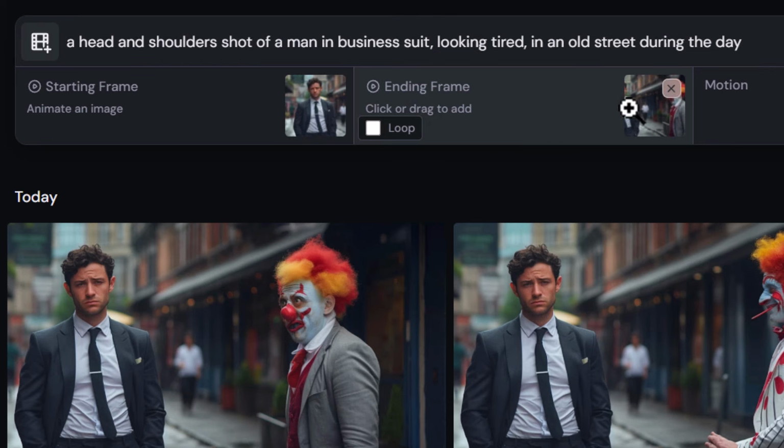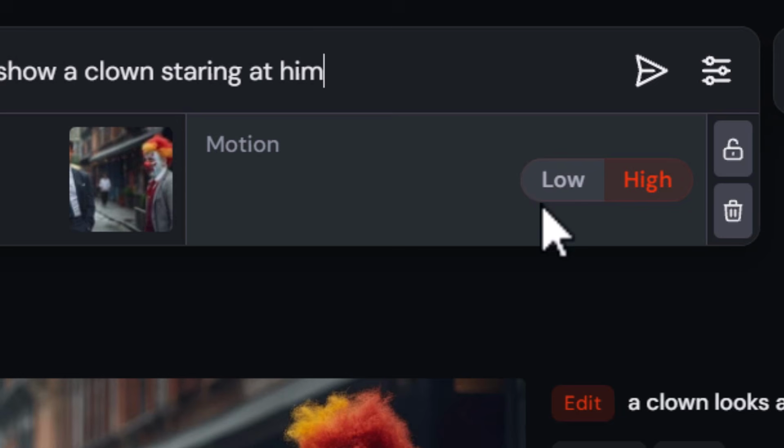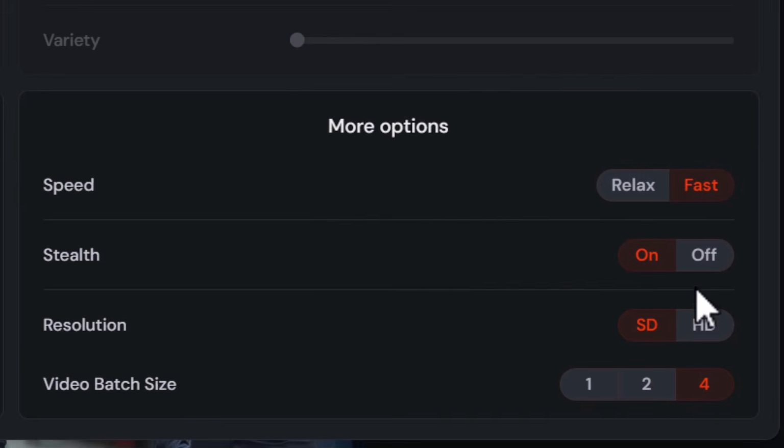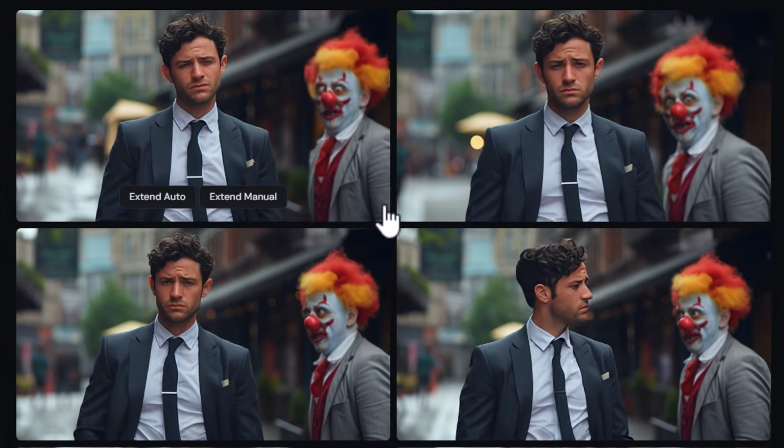So now we have a start frame and an ending frame, and there's a lot of similarities that the AI video can draw from. I'm going to take this prompt, type in, a man in a business suit is walking downtown, the camera moves over to show a clown staring at him. Now, I could go and try motion low, but I feel like there's probably a decent amount of movement in this, so I'm going to go with motion high. And I can also check that I want to use HD or SD. I can also add, instead of 4 videos, we can try 2. So I'm going to run with the 4 videos so we can check out what results we can actually have available to us. I'm going to submit, and from that, we get these 4 videos where he walks past the